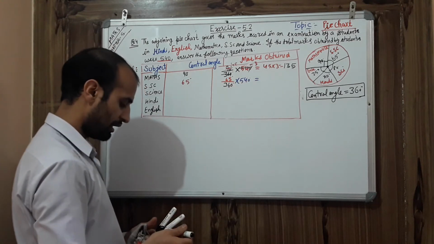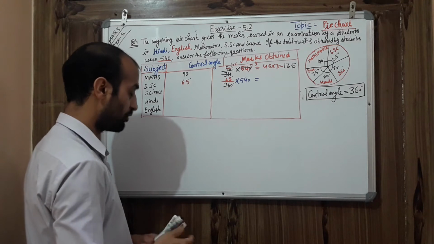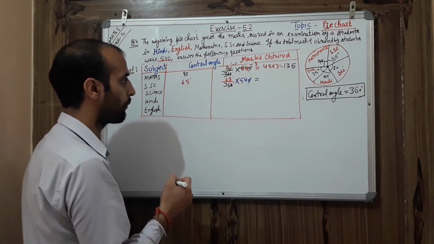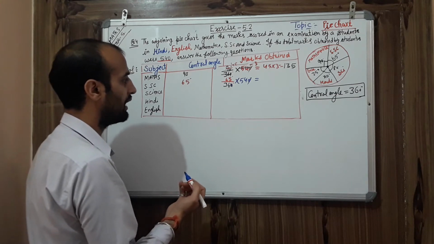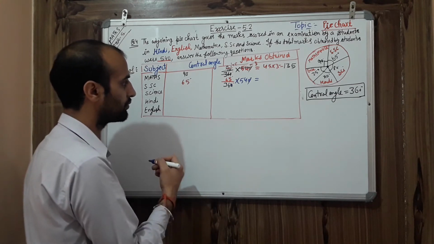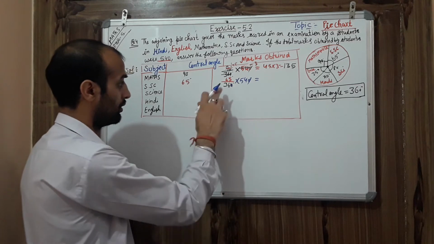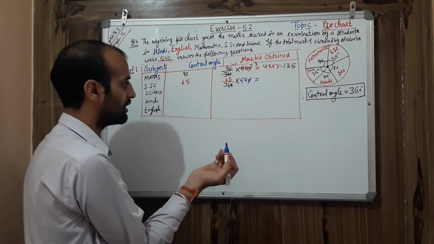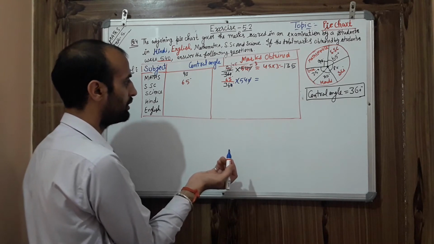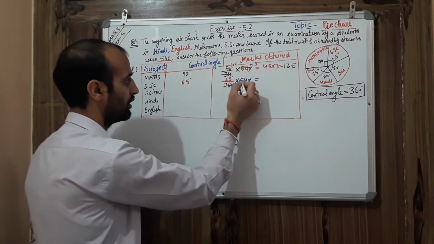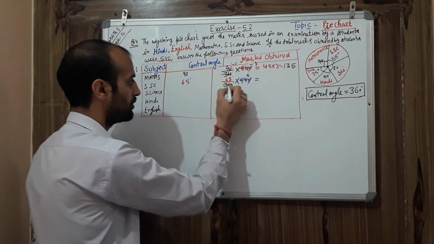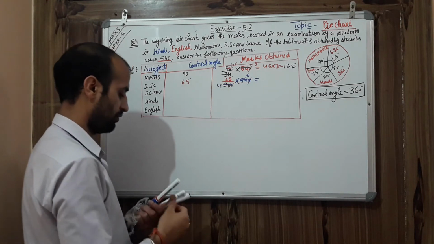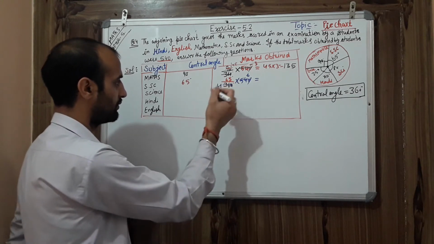Now once again our task is to cancel out. How to cancel? 0 you can cancel with 0. And how to cancel this? With the table of 6 you can cancel, or with the table of 9 you can cancel out: 9 sixes are 54 and 9 fours are 36. Once again you can cancel out this one.